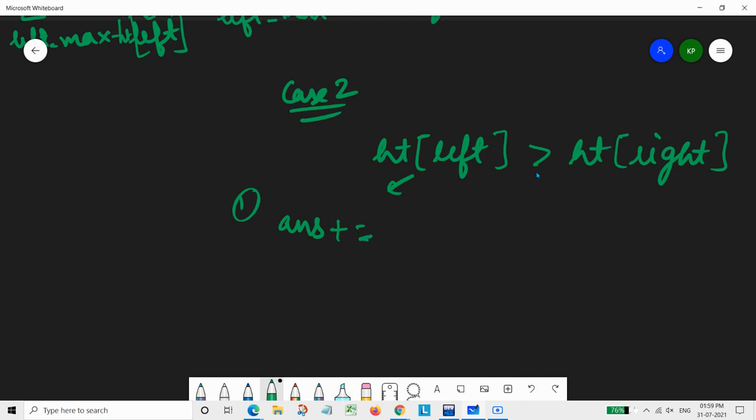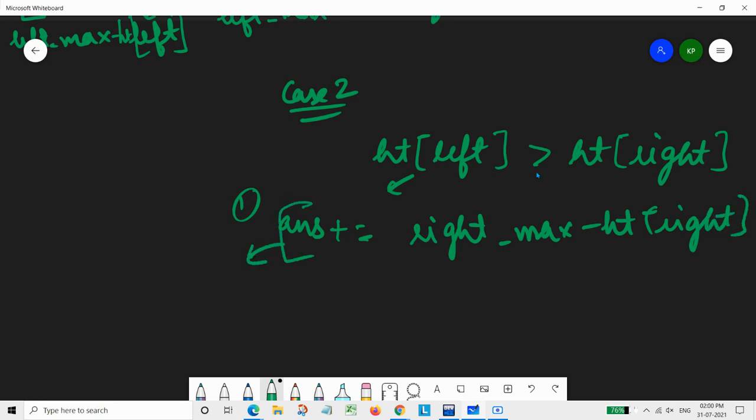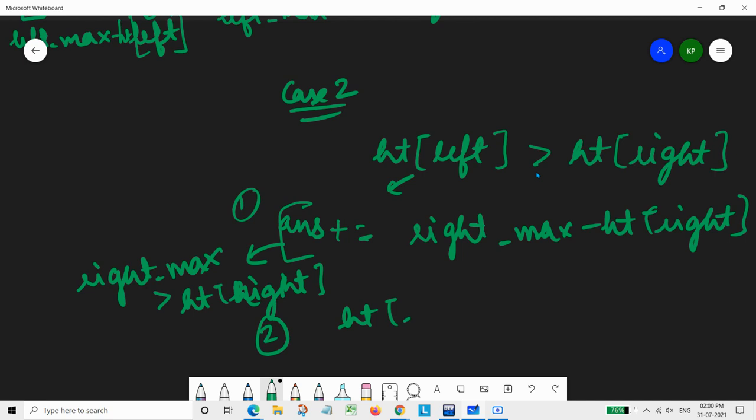In this, what we are doing would be right max minus height of right, and this case would be only covered when our right max is greater than height of right, and when our height of right is basically smaller than right max.